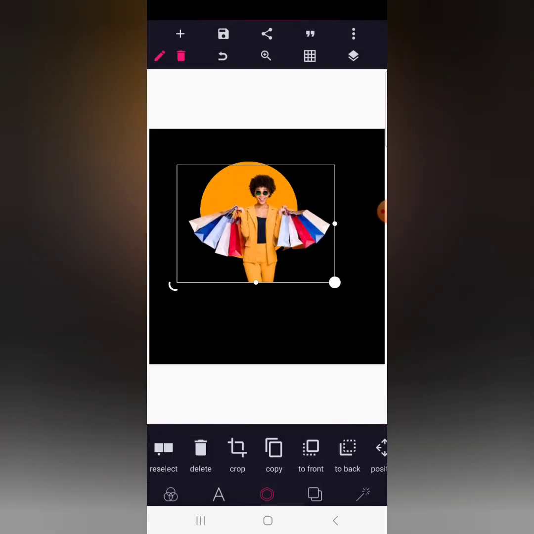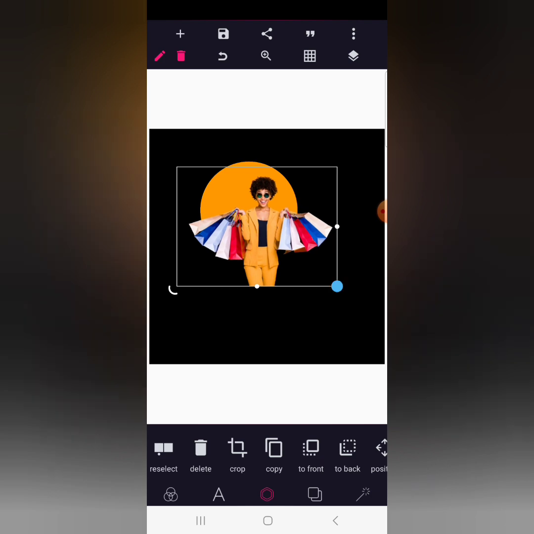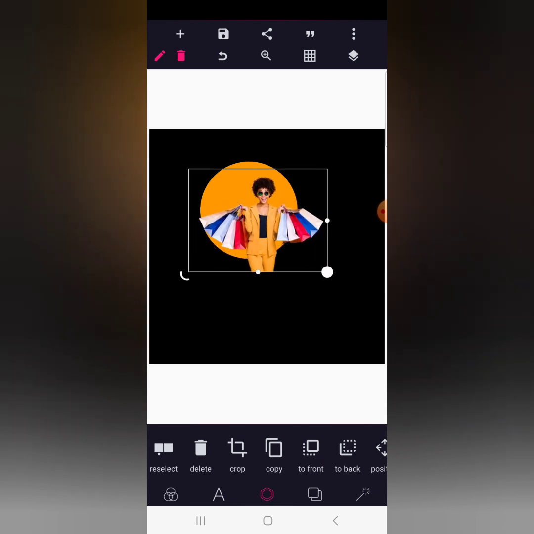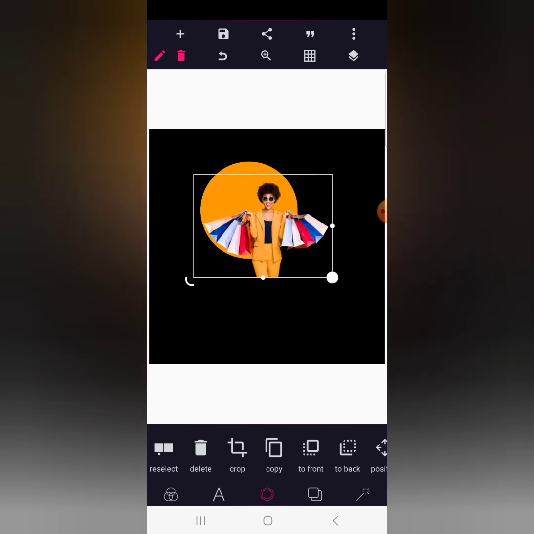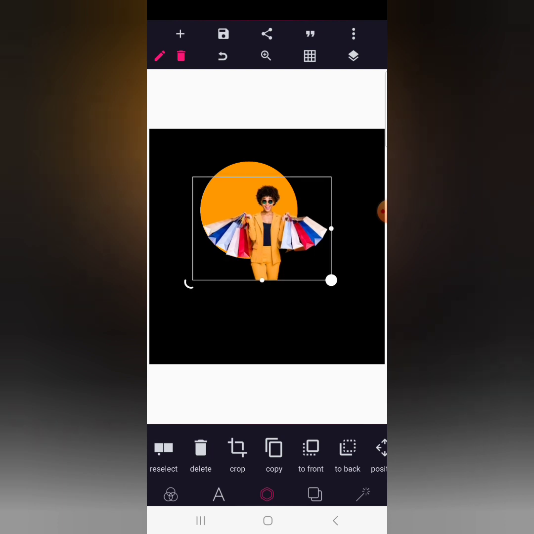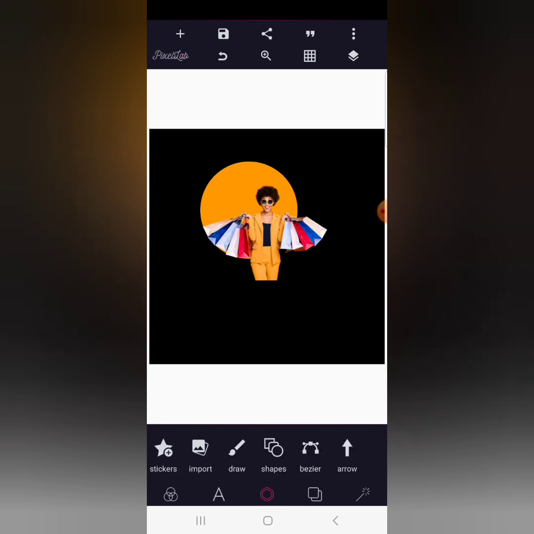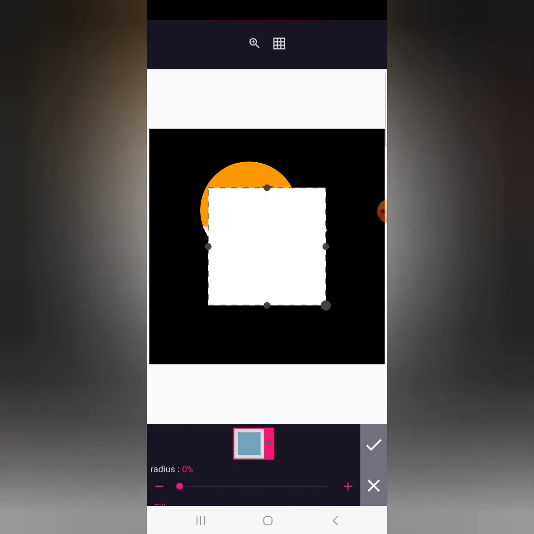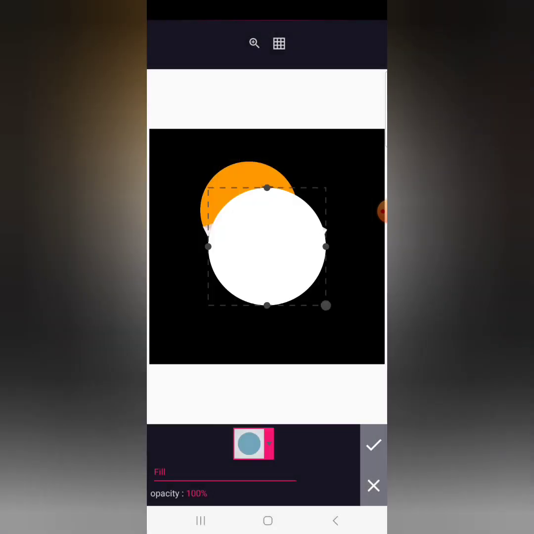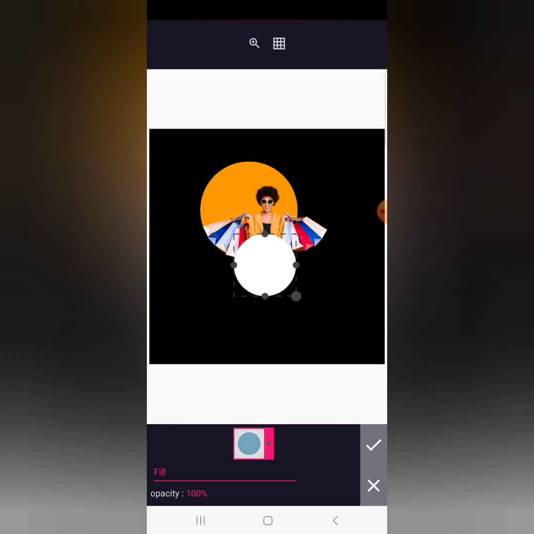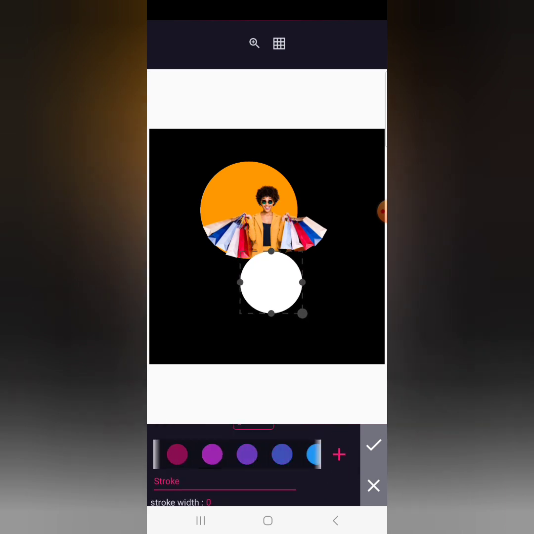So since this design is all about shopping, we have this awesome image of a lady doing shopping. So carefully place the image this way, then you can go to shapes and you choose a circle once again. Once you choose a circle, give it the same dark yellow,